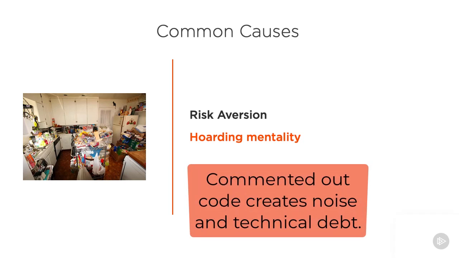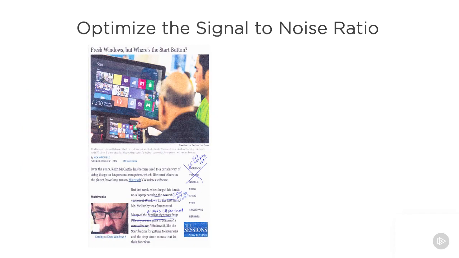Commented out code is just as useless to the application as this old trash is to this kitchen. The old wrappers and labels tell a story of what we used to do in the kitchen, but at the expense of us getting anything new done efficiently. As we've discussed throughout the course, when writing code, we must strive to keep our signal-to-noise ratio as high as possible. This aids in comprehension, speeds reading, and helps protect us from creating buggy code due to misunderstanding.